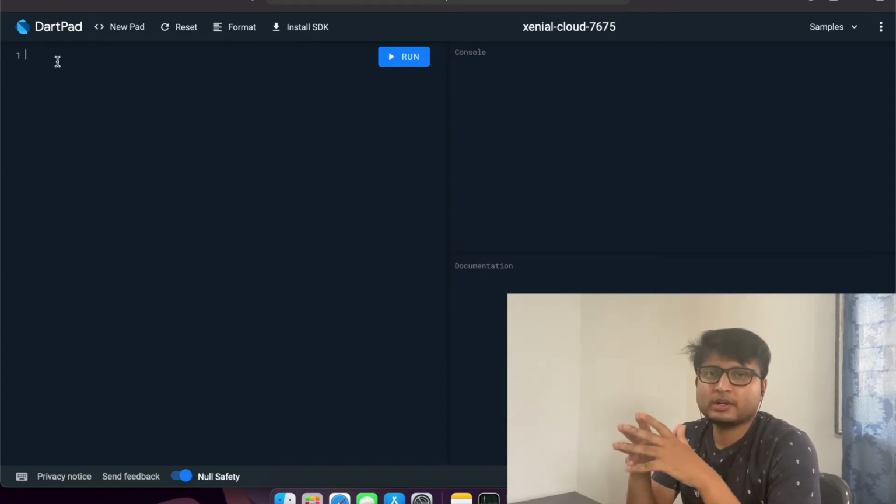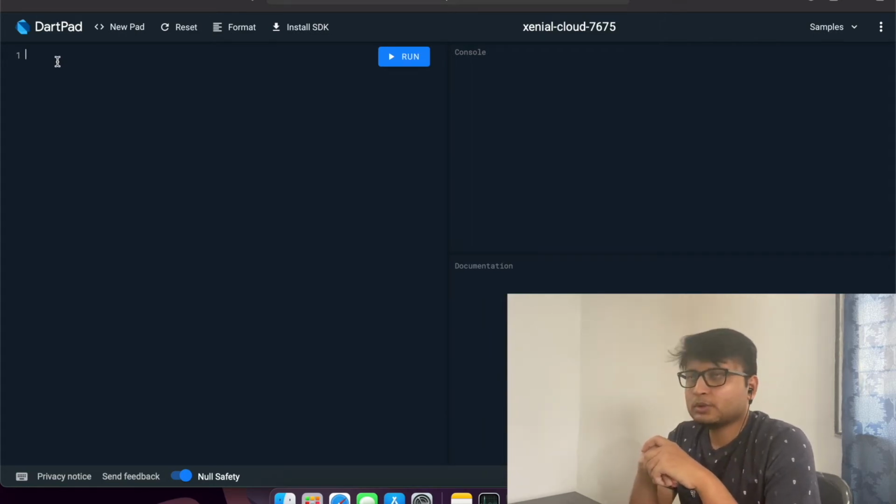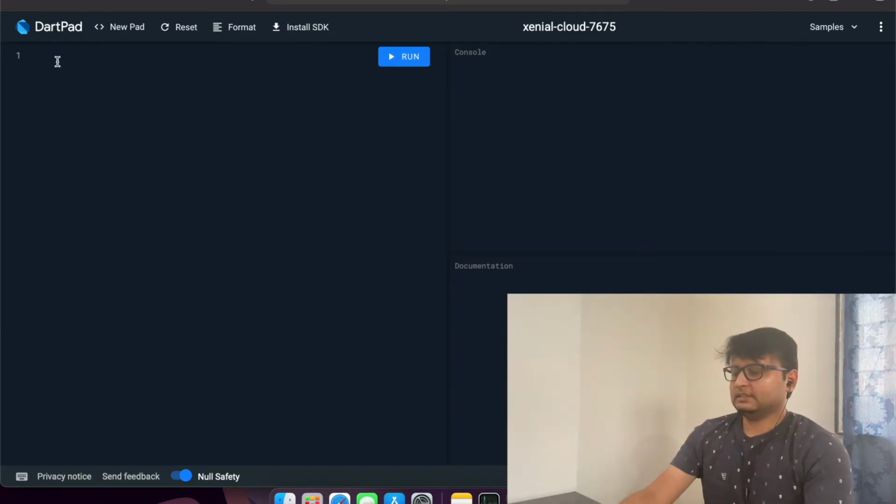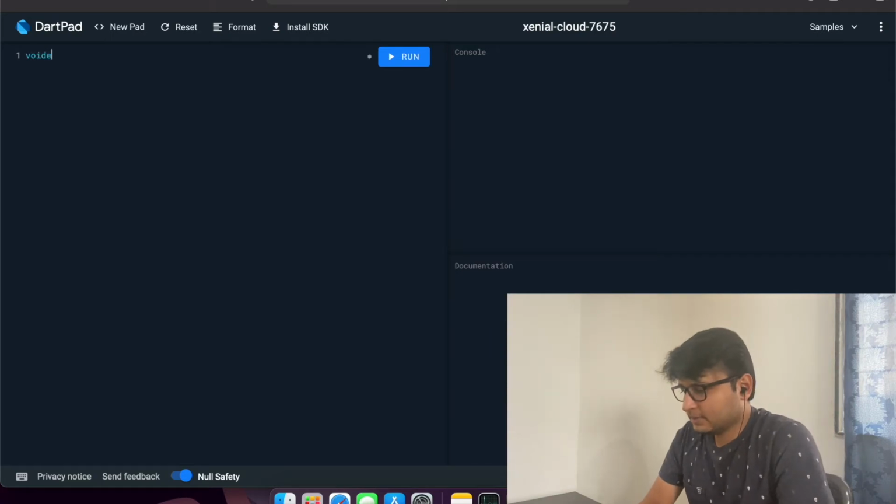So why is this very important? It is very important because we can reuse the same set of code again and again. We can call it anytime, anywhere according to our requirement. Suppose there is a task where you have to print, hey, this is Mohit, and you have to print this task again and again, like 7, 8 times in a whole program. Then what will you do? Will you write print and your sentence? No, you can create a function or method, and you can call that method again and again whenever you have to do your job. Now let me show you the basic syntax of the function.